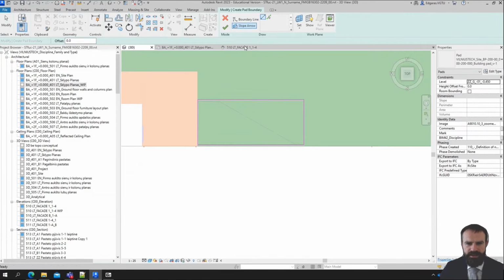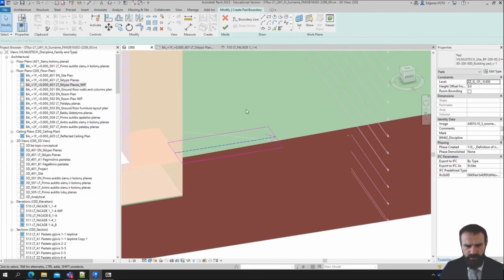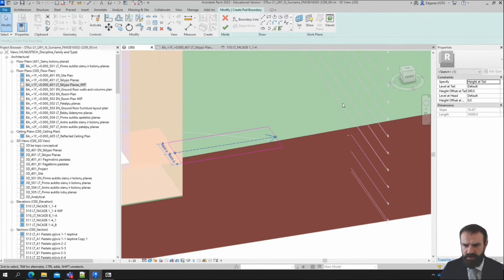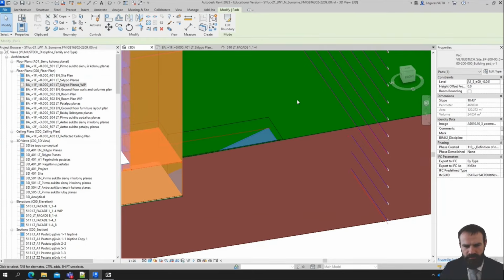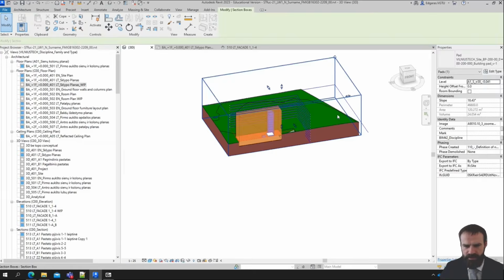And now I can put the slope arrow and say my building pad should go from this layer, and this slope arrow should also have slope representation and level at the end, and here. And I click apply, click finish, and now I have a nice